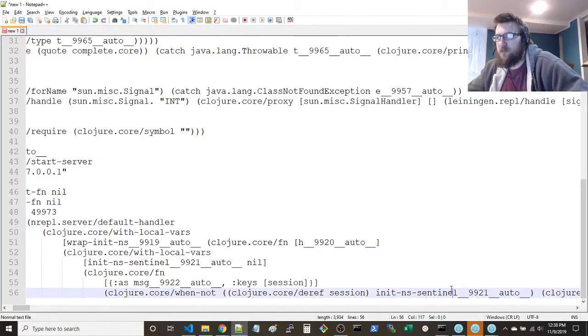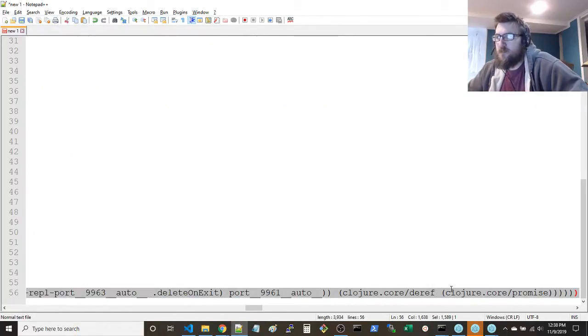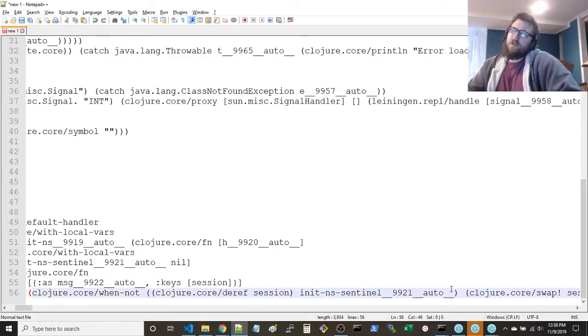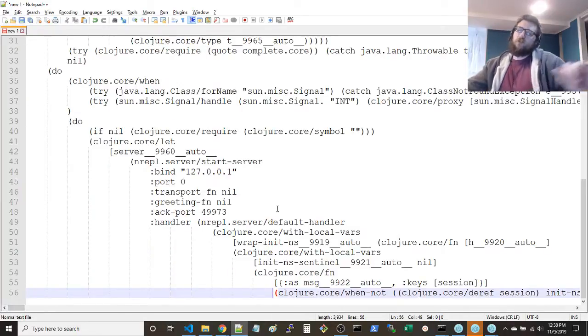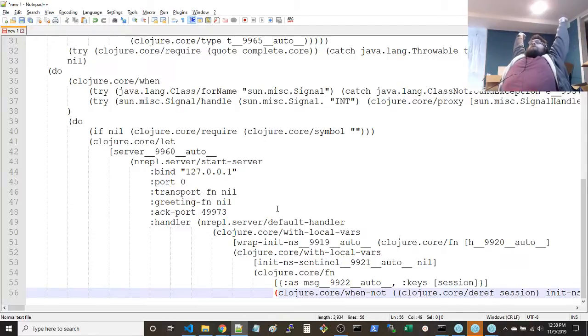Holy smokes. Still 1,000 characters to go through. 1,600 characters. Alright, there's a lot of stuff in here, but this looks like, yeah, you basically start the server here, and there's a bunch of arguments and function calls that are made.